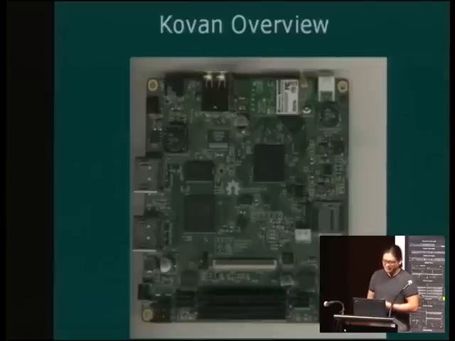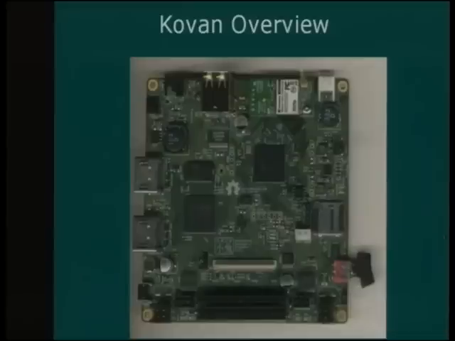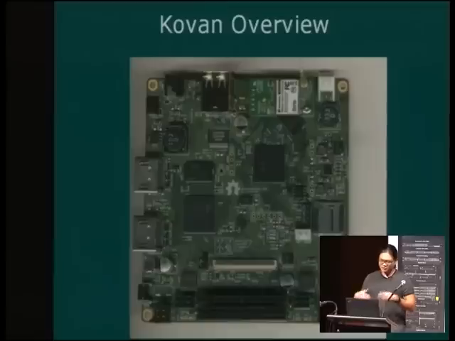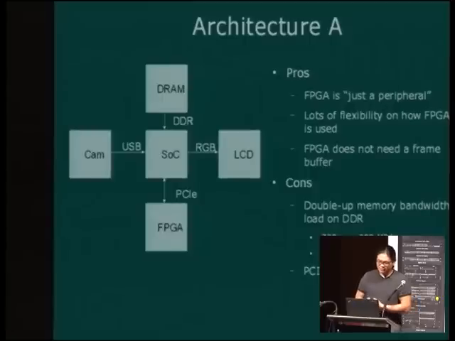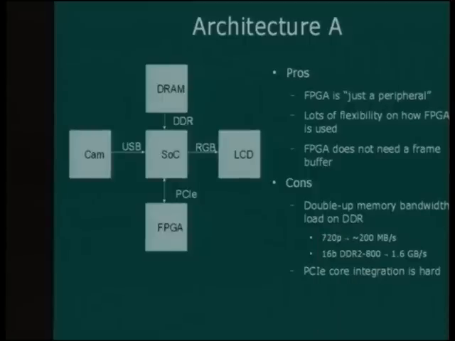This is a piece of hardware that I recently made. I call it Kovan. It's a robot controller board. It has an 800 megahertz ARM CPU on the inside. It has an FPGA, 4 channels of motor drivers, 8 analog inputs, 8 digital IOs, some HDMI ports, battery charger, serial, and so on. All the sorts of stuff you need to build an autonomous robot. One of the requirements is that it needs to be able to do image processing. And so we were going through a few different architectures we could use for how to glom on the FPGA